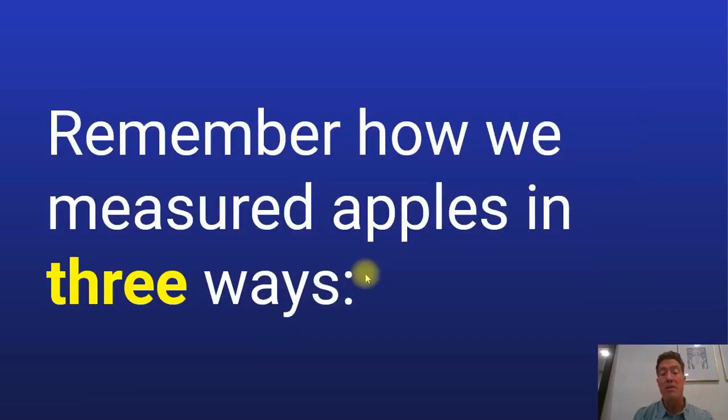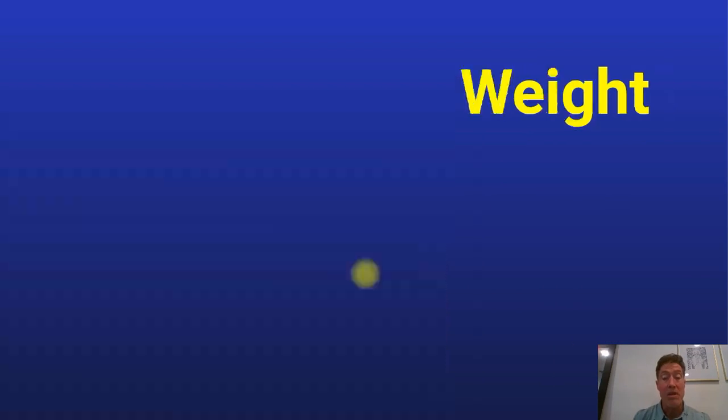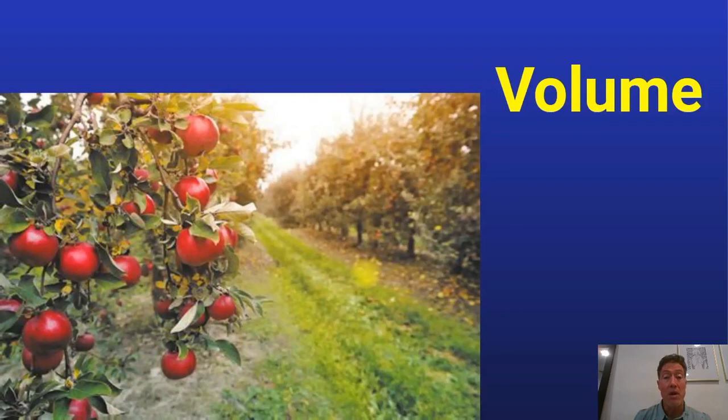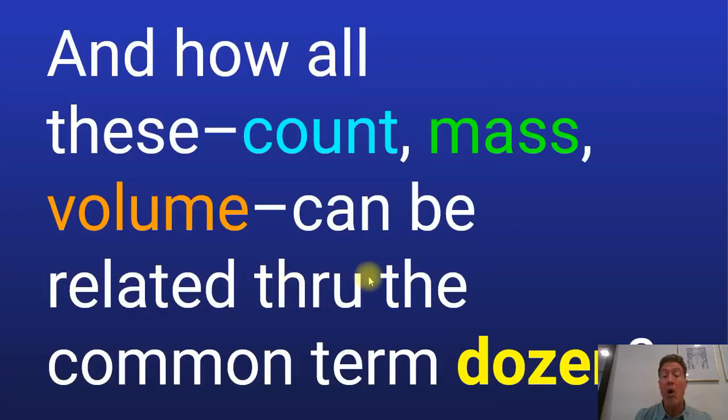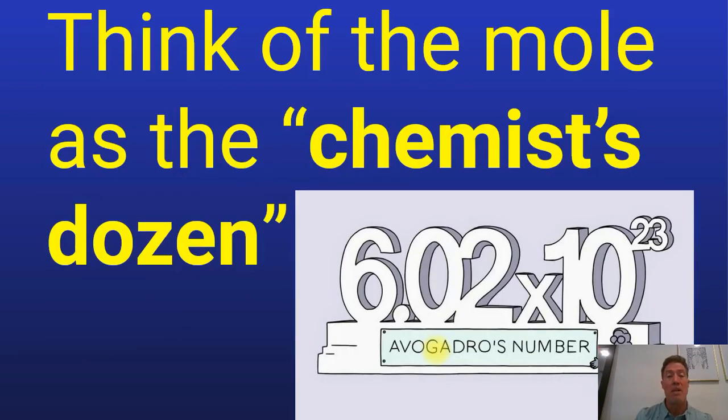Remember in the previous section we measured apples in 3 different ways. We measured them by count, by weight, and by volume. Well, and we related all 3 of those to the common term dozen. Well, now we can convert between volume, mass, and particle number using the relationship to a mole. Think of the mole as the chemist's dozen, right? The central term that connects all the other terms, except instead of dozen, we're using a much, much bigger number,